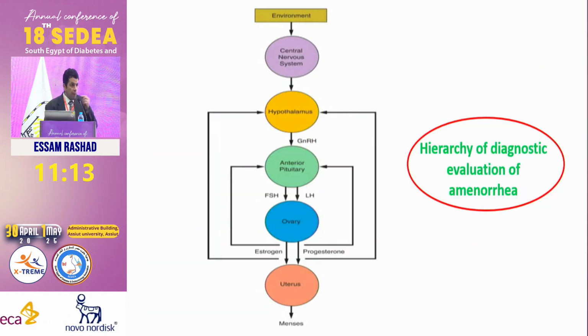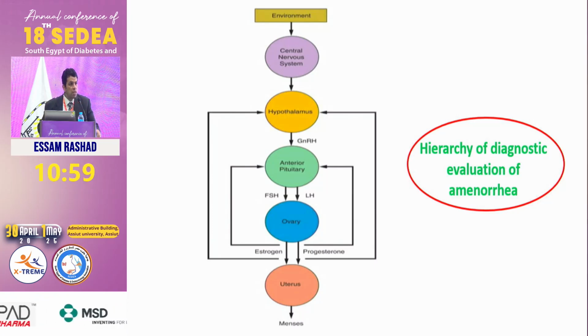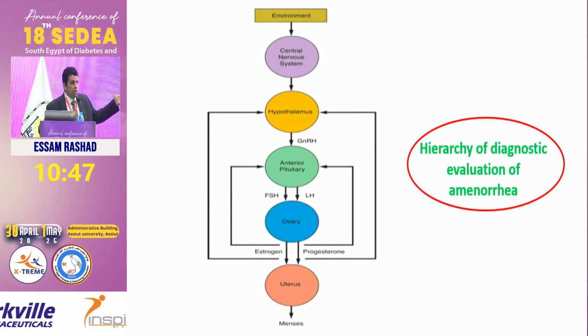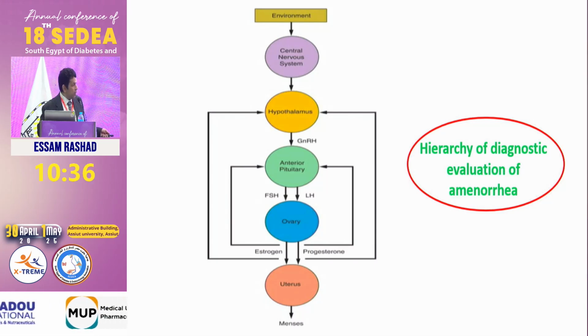To think about why a girl came to the age of 14 or 16 without menses, you need to think in a compartment-like fashion. You need to think about the different compartments and which one is at fault, which one is pathological. So what are those compartments? Starting from below upward, we have the uterus. We need to have a uterus with a functioning endometrium inside, and very importantly, a patent outflow tract that can allow escape of the menstrual blood. Then that's working fine.